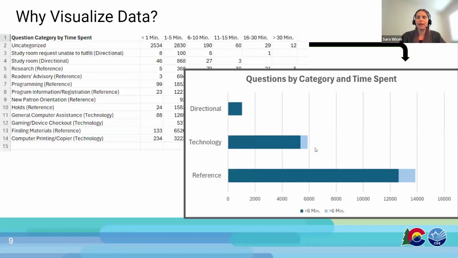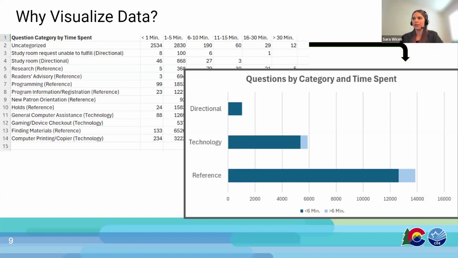All right, so here I wanted to start with one data set that I'm going to be looking at through several slides here and explain it a little bit. What you're looking at here is a library's reference tracking data, which was entered into DART, which is a free reference tracker that is available to libraries and public institutions in Colorado. We did ask the library if we could use this data for this purpose, so getting permission, trying to follow those ethical procedures that Carissa talked about in that first session.